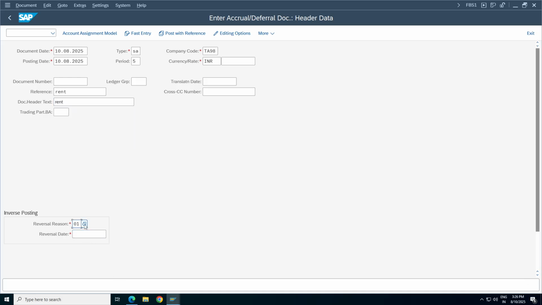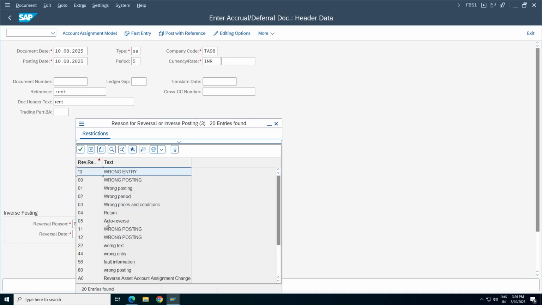Reversal reason: you have to select your reversal reason. With inverse posting, the system will reverse your document. We can create as many reversal reasons as we like, no issues on that. I don't see the relevant one here, something like accrual posting.